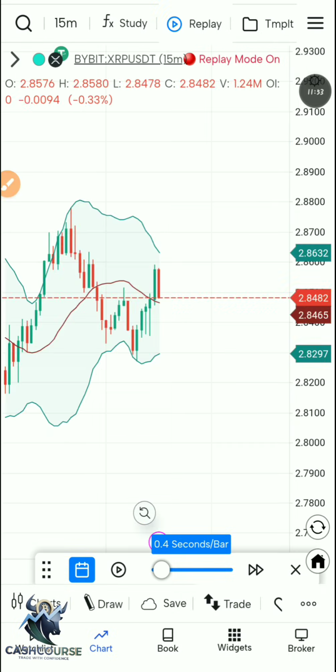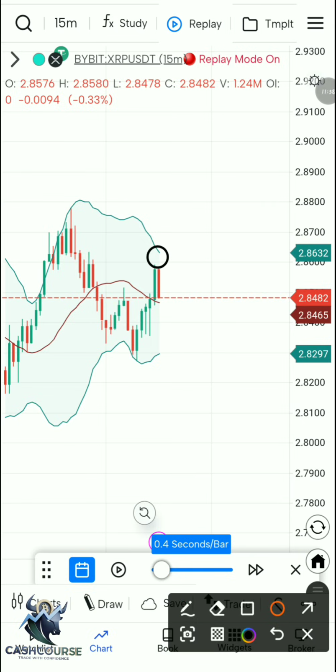Now, this is how price looks on the 15-minute, and as you can see, the price is almost at the upper band. We don't want to buy over here, okay? It is indicating an overbought condition. We want the price to be somewhere around this place, and then we want the emergence of a bullish candlestick pattern that will give us more reason to enter a long trade,